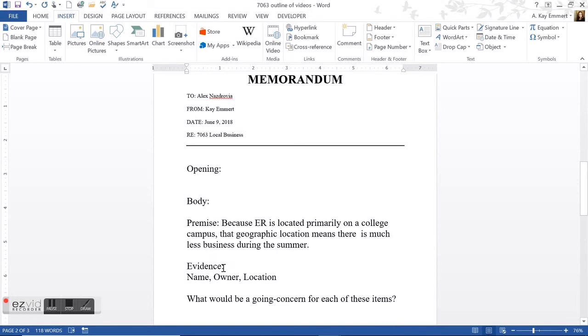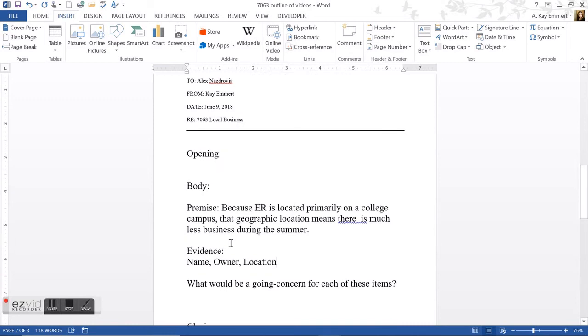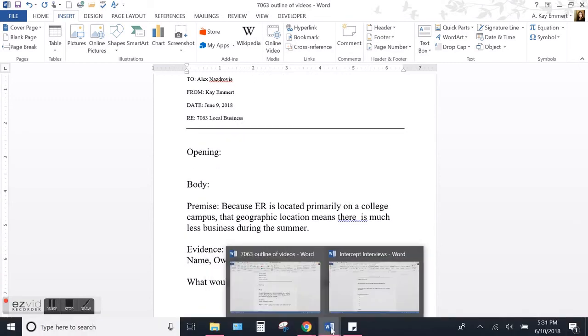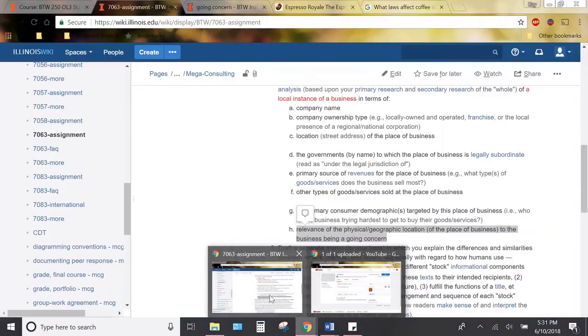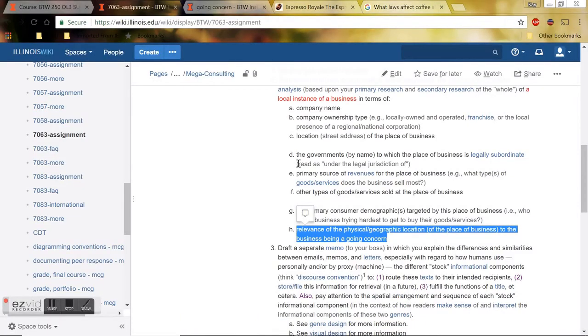So then my evidence would cover the name of the business, the owner, the location, and then draw that to a close. So make use of this information, A through G, for the point of making these arguments about what is a going concern. A going concern might be something that it is essential that this continue to be a positive thing.